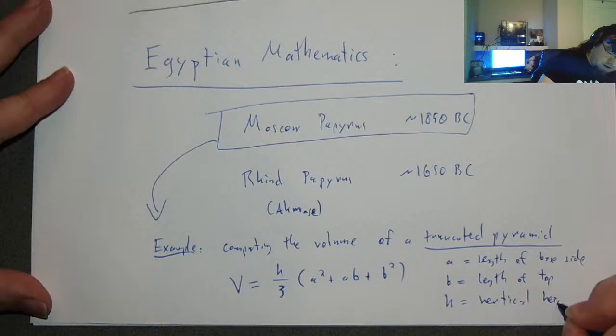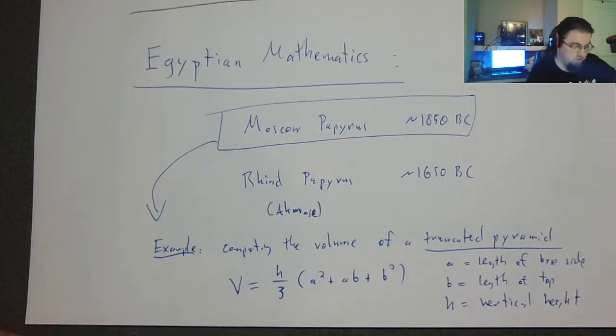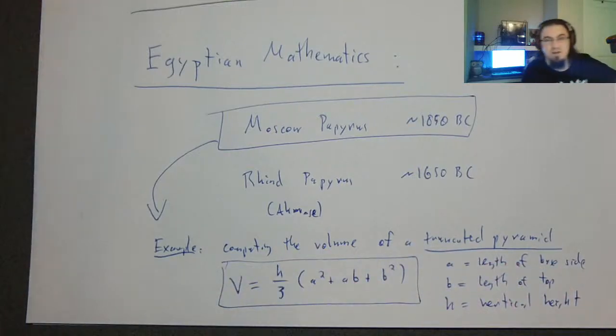This is the vertical height of the pyramid. So this is the height that goes from the center of the square in the bottom all the way to the apex point, right, vertically. Okay, and so this is the volume of a truncated pyramid. Now that's kind of an interesting formula, but actually to see that this is the same formula as the volume for a regular pyramid,